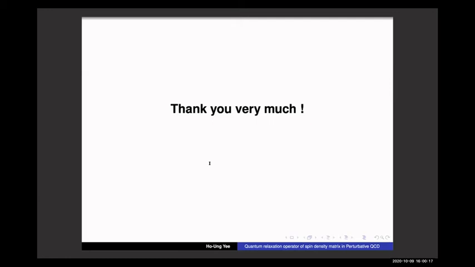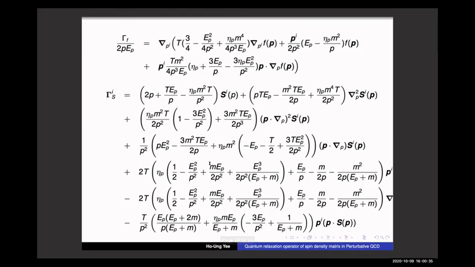Yes, the spin part. So I think in equilibrium we expect that the spin part has to relax to 0, because the density matrix has to relax to identity. If you see this equation, of course, S equals 0 is a consistent solution of the equilibrium. But